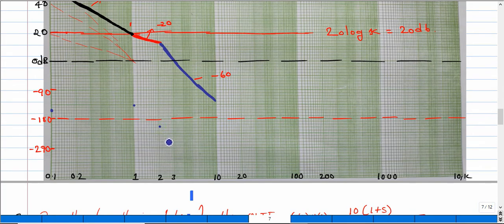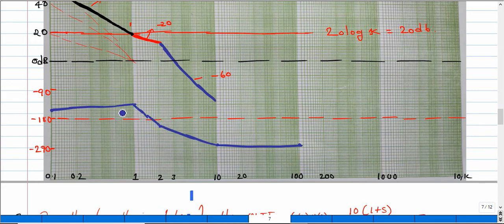That is done. When I substitute omega as 10, we found it almost equal to minus 270. When you substitute 100 also, that was the same line. When you substitute infinity, it will reach minus 270 and will not go beyond that. That is the final value. So if I mark, this is my phase angle plot. Let me erase this and redraw so that I get a smooth curve.